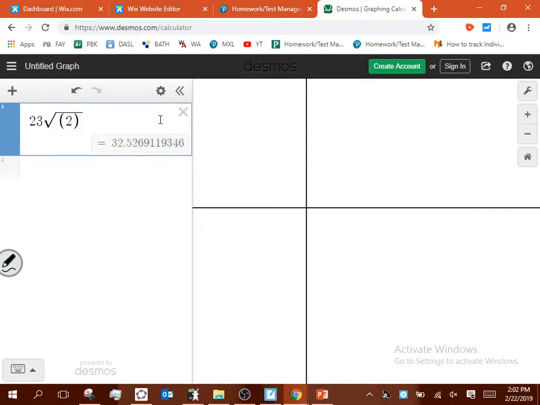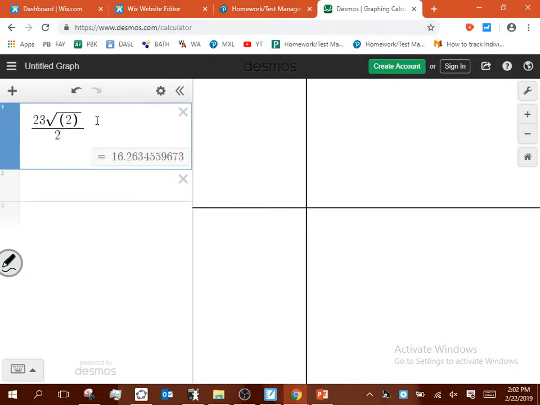See how I do that? Is that really what I wanted? No. But if I'm doing this on a TI-83 or 84, I might type it that way and not know that I typed it that way. Desmos does this, we call it syntax, and shows you the real way that I wanted to write that, correct? And then the other one was